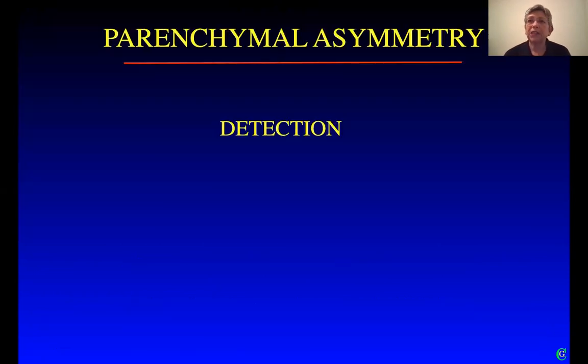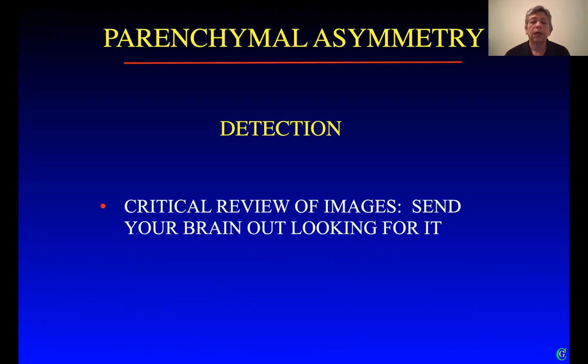With respect to the detection of parenchymal asymmetries, as I'm going to emphasize throughout this entire half hour, a critical review of images. You have to send your brain out actively and aggressively looking for it. You have to prepare your brain to see it. Ask the question, is there focal parenchymal asymmetry? Is there a developing parenchymal asymmetry? When you ask those questions, it forces you to consider it and look at the image critically and specifically looking